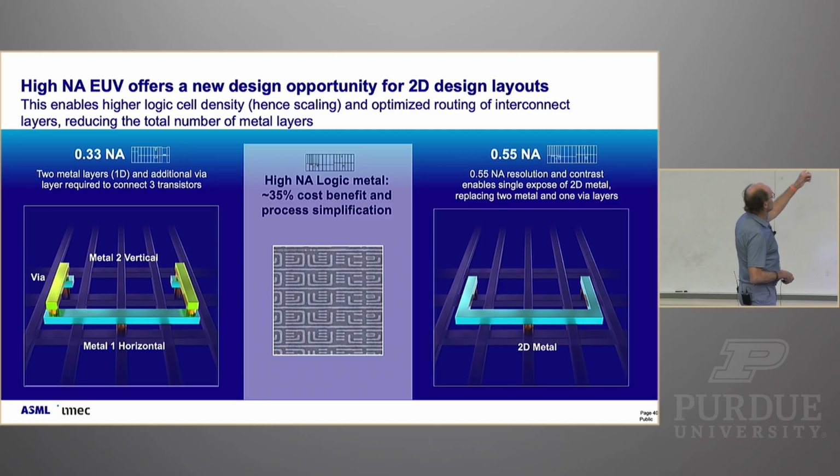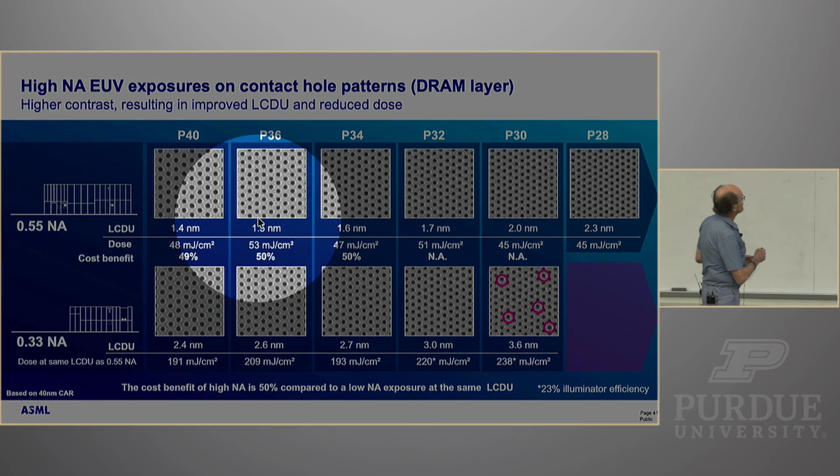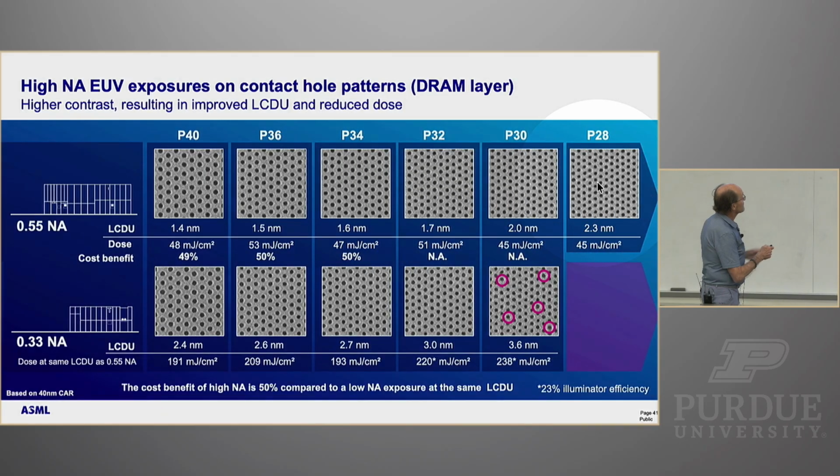Here in the middle, you see what we're now able to do with High-NA in terms of the quality of the processing. And here I'm showing some results that are from late last year. You can see here that on the High-NA scanner, we can now print these contact holes that are every 28 nanometers, we have a contact hole.